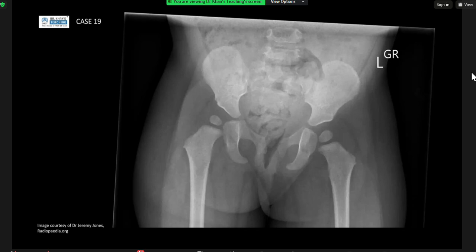Okay, this is a pelvis X-ray for a skeletally immature patient. Okay, what's the history? What is the patient complaining of? Altered gait. Okay. Was there a family history? Patient was first born, born in a breech presentation. Yes. Okay. I will check if there are any signs of DDH